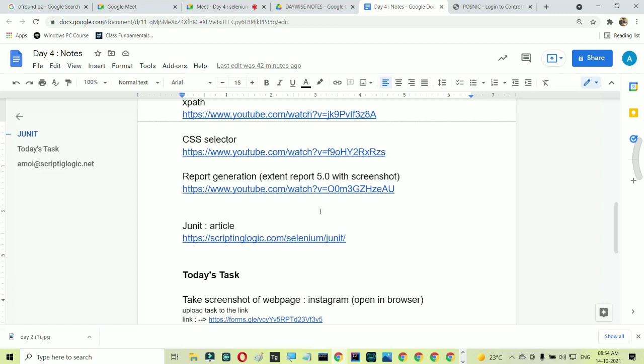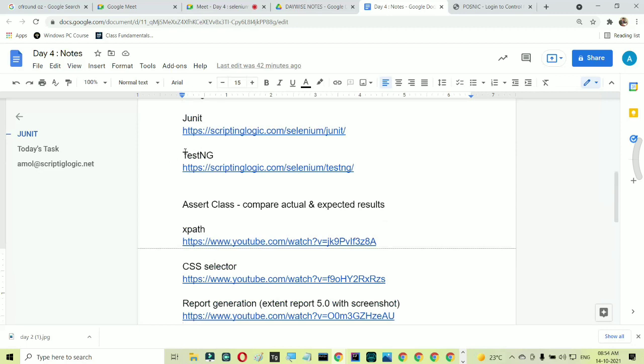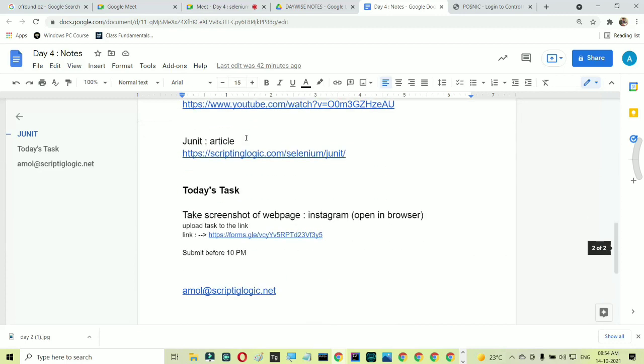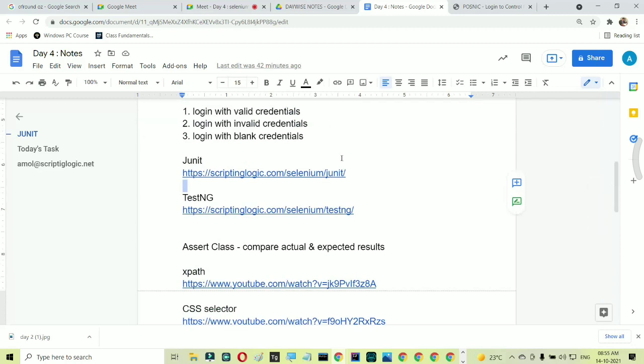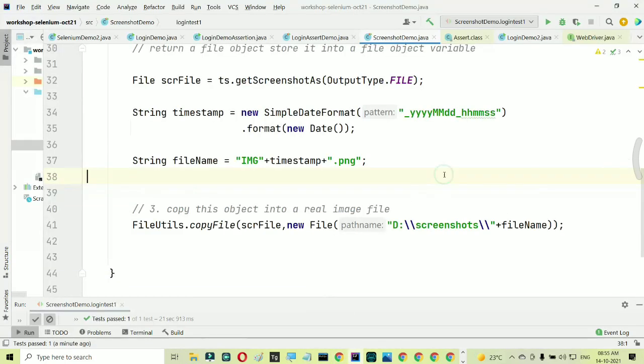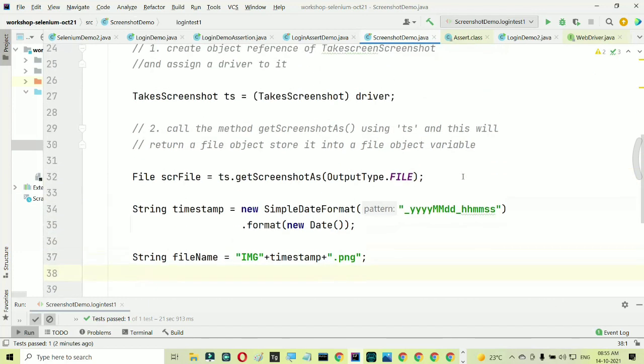Yesterday I think somebody asked for a TestNG tutorial. TestNG in detail in a text format, TestNG and JUnit tutorials, I have given you the links of it in today's notes. Fine. So this was all about taking the screenshot here. Have you understood how we have actually added the timestamp over here? If you have any doubts, you can raise it in the chat, or you can talk to me.